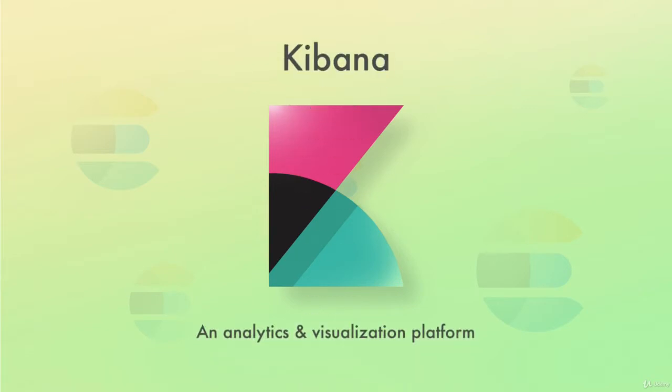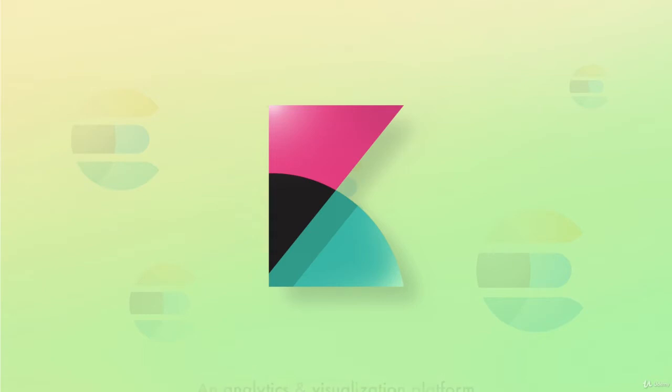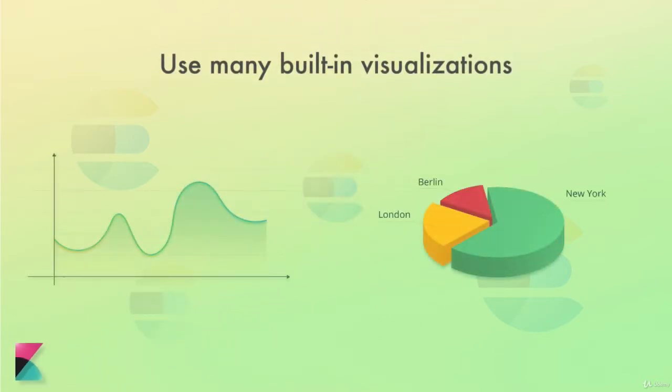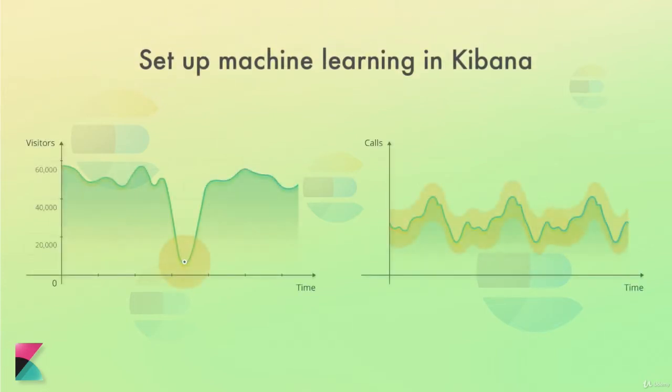Kibana is an analytics and visualization platform which lets you easily visualize data from Elasticsearch and analyze it to make sense of it. You can think of Kibana as an Elasticsearch dashboard where you can create visualizations, such as pie charts, line charts, and many others. You can plot your website's visitors onto a map and show traffic in real time, for instance. You can aggregate website traffic by browser and find out which browsers are important to support based on your particular audience. Kibana is also where you configure change detection and forecasting that I mentioned in the previous lecture.